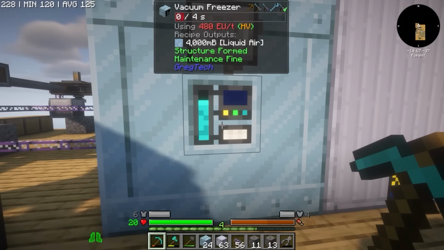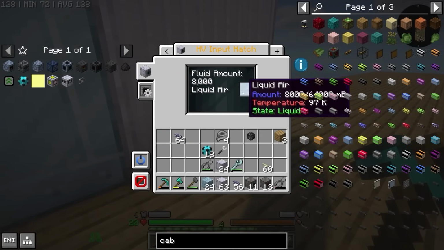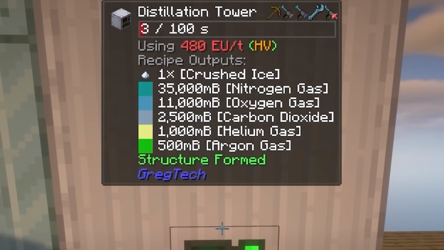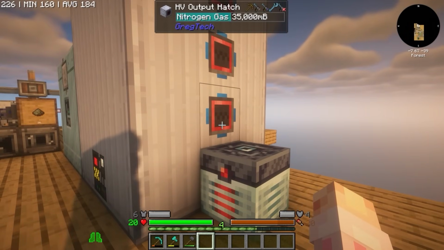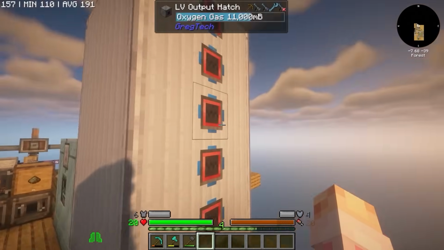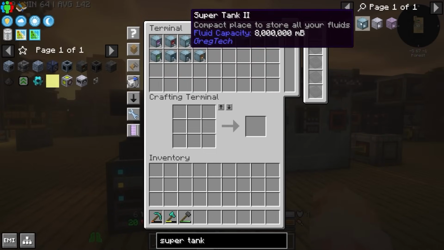And now we have infinite gaseous air into liquid air processing in our distillation tower that's separating it into tons of different gases, mostly nitrogen and oxygen, but there's a little bit of helium and argon in the air too. Very, very useful. Of course, the distillation tower makes so much per cycle that after just one craft, it's filled its largest output. So we need some way to store all of this stuff, and I love me some super